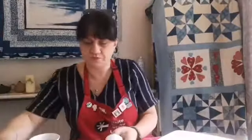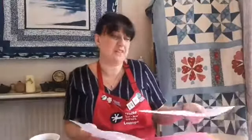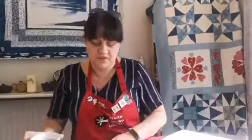So we're going to have a little go at these today. There's only 12 rounds to it, and like I said, they made up really quickly. I'm going to try and do one in the big thick yarn, because hopefully you'll be able to see it a lot better. Let me try and do that for you guys. It's not quite as fast as a double knit for me, but...